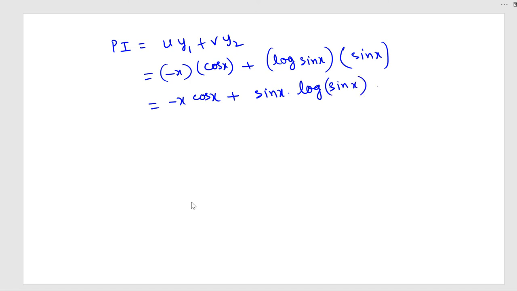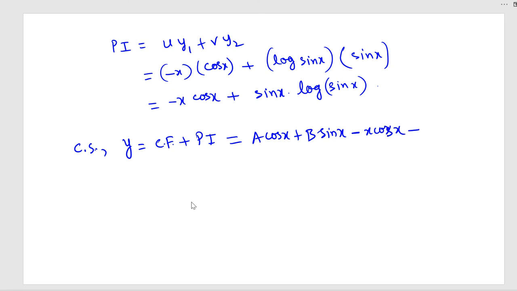Hence the complete solution is y = CF + PI, that is, a cos x + b sin x, plus, this is negative, x cos x, plus sin x into the logarithm of sin x. So that will be our final answer,